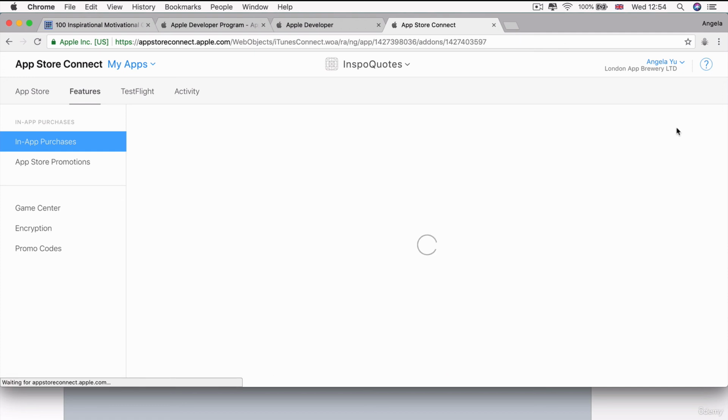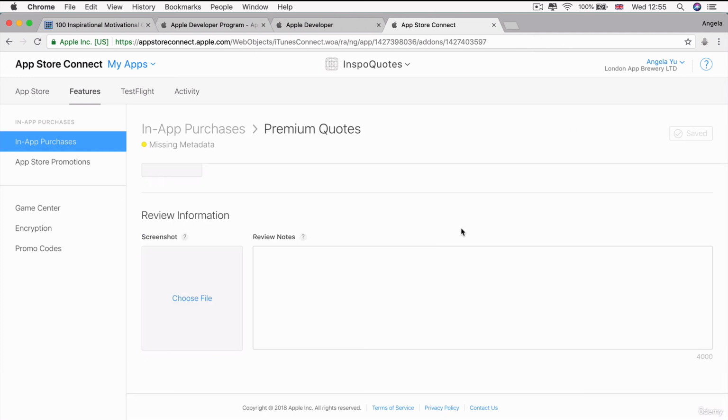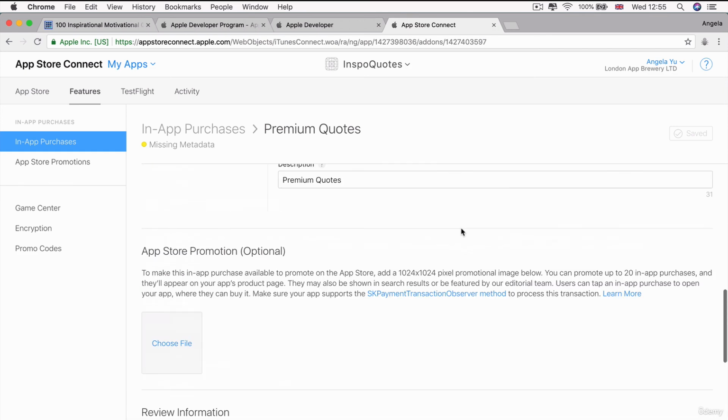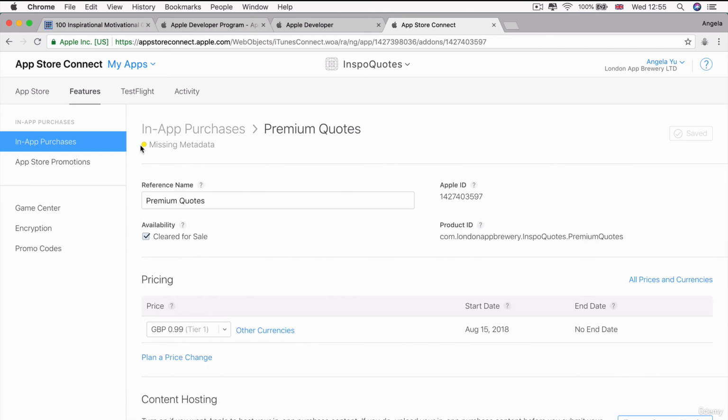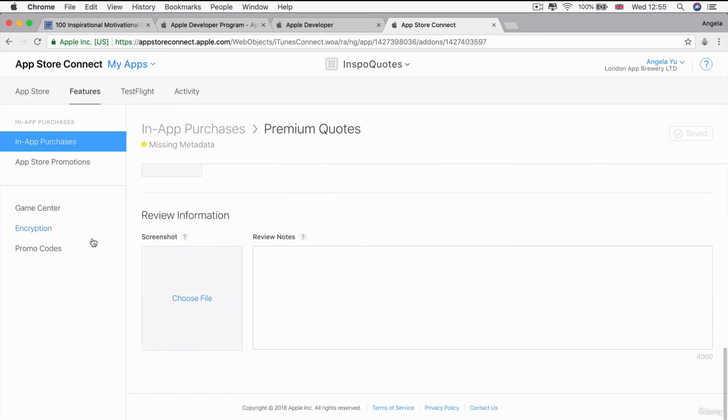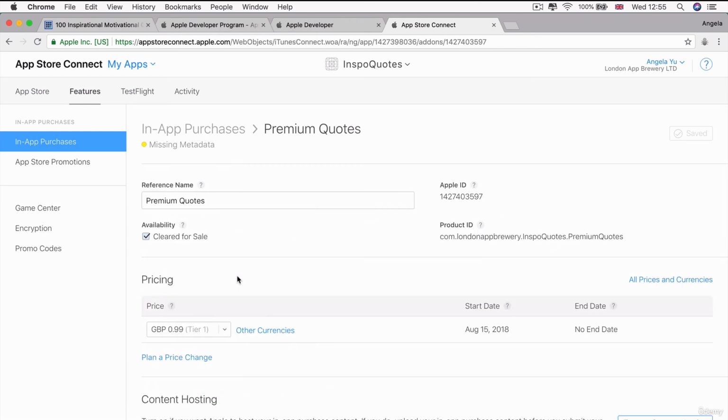Now, because we've entered and filled out all of the fields that need to be filled in, it'll allow us to do this, but it'll give you this little warning saying missing metadata. And that refers to this section here, so that when you're ready to submit your app to publish, you should add a screenshot of your in-app purchase being triggered in your app. And I'm going to show you what that will look like just a little bit later on. But as far as we're concerned, we're completely ready to get going and start writing some code and testing our